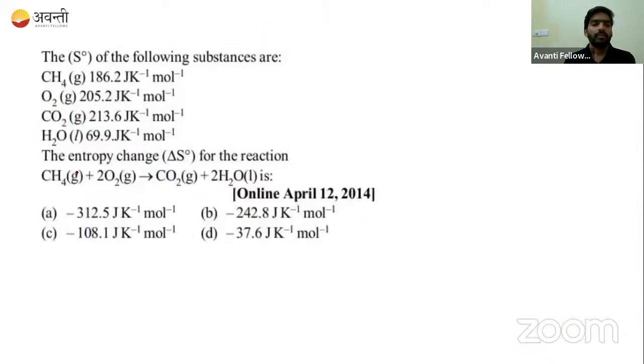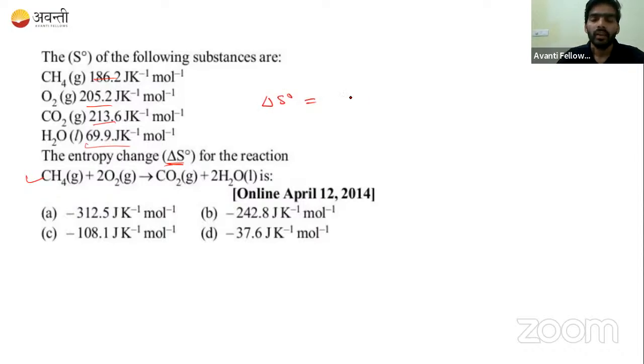Now another question. Here the standard entropy, that is S naught, is given for the following substances: CH4, O2 gas, CO2 gas, and H2 gas. So all those entropies are given, and it is asking for the entropy change for this reaction. The formula to find the entropy change for the reaction is: